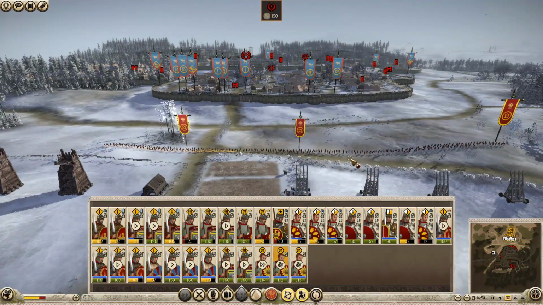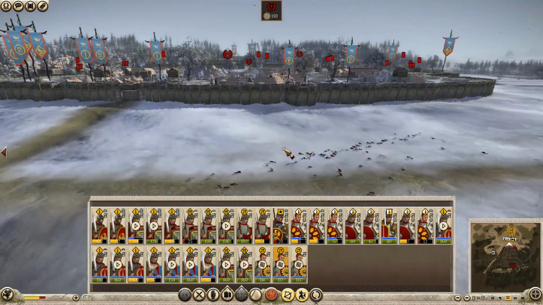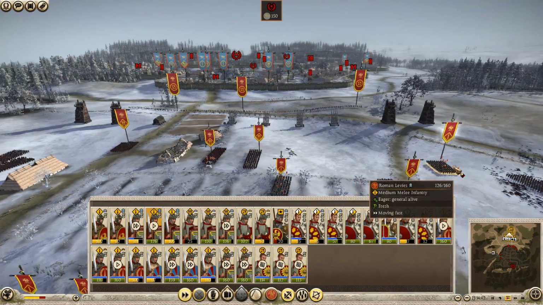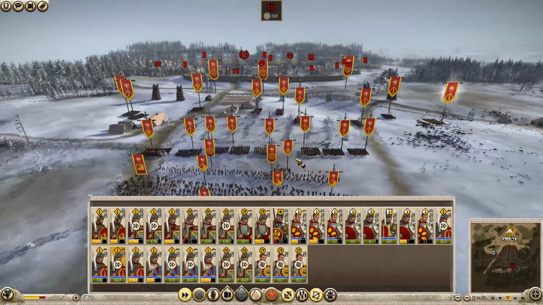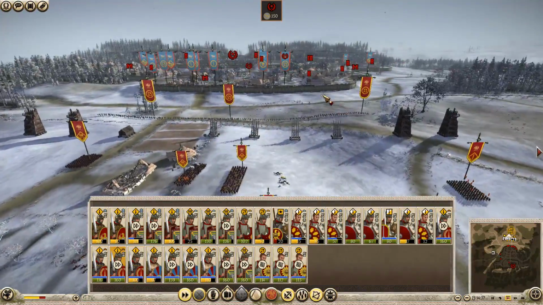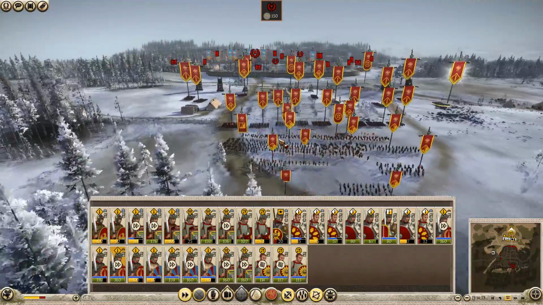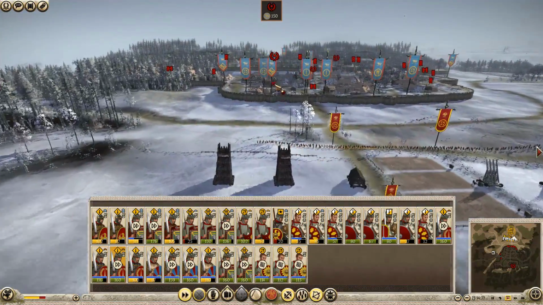So basically the slingers are going to soften them up from distance. Right, get running, guys. I need you to get in there quickly and start pushing. And then once these guys are drawing the fire, I can then move up the rest of my units. The idea: battering ram knocks down the gate. I can send my cavalry in just to deal with any kind of slackers,